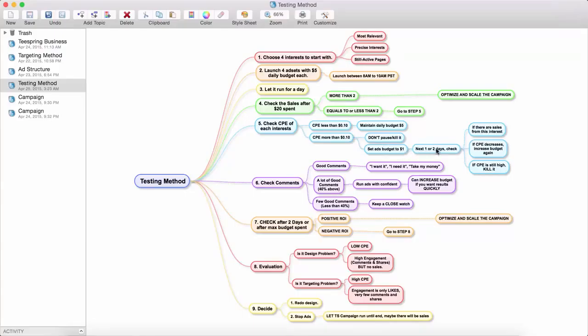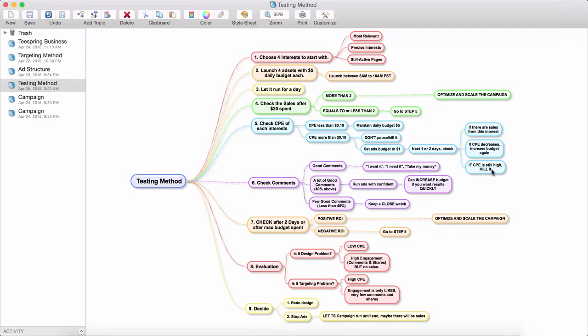So the next 1 or 2 days, you check again whether there are sales coming from this interest or whether the CPE decreases. If yes, then you can increase the budget back again to $5. If the CPE after 1 or 2 days is still high, then you can kill this interest. I suggest that you have $30 to $50 budget for testing, because by this time you will have spent $20 to look for low CPE interest, so you still have $10 to $30 left to test further these already optimized